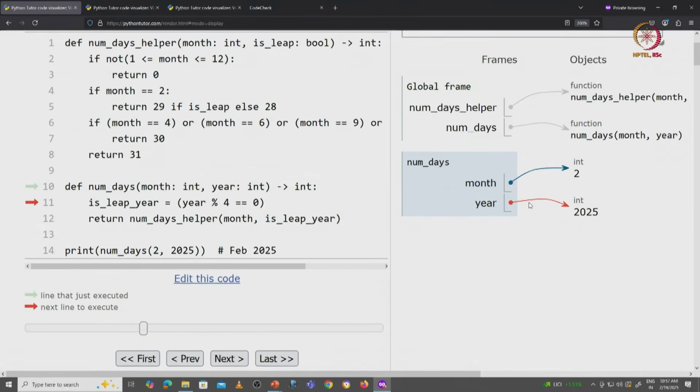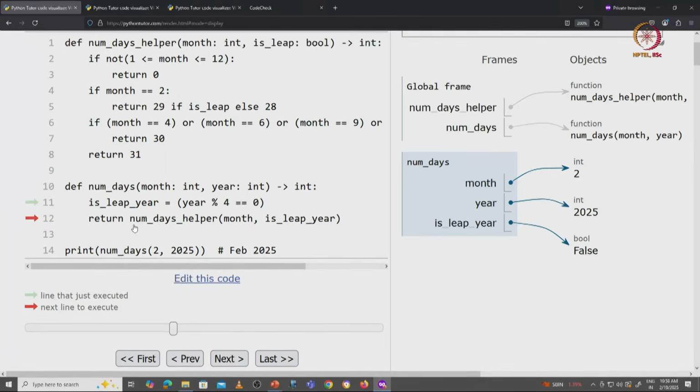And on line 11, this is the logic that our friend had proposed to check if the year is a leap year. Our friend had said the way you check is to simply calculate the remainder after dividing by 4, and if that remainder is 0, then it's a leap year, and if not, then it's not a leap year, at least according to our friend. So what is this calculation on line 11 going to produce when the year is 2025? Of course, 2025 is not divisible by 4, so this expression on the right is going to be false, and so isLeap, when we click on next, is going to be initialized to the Boolean object false.